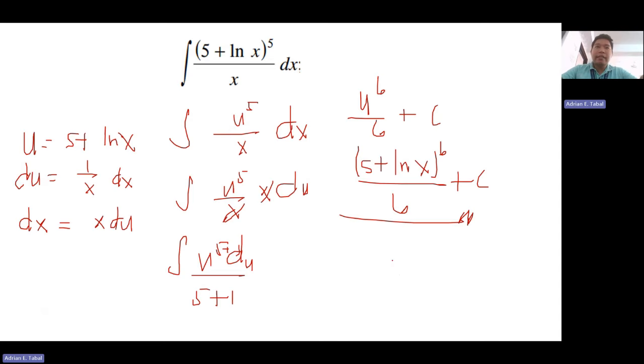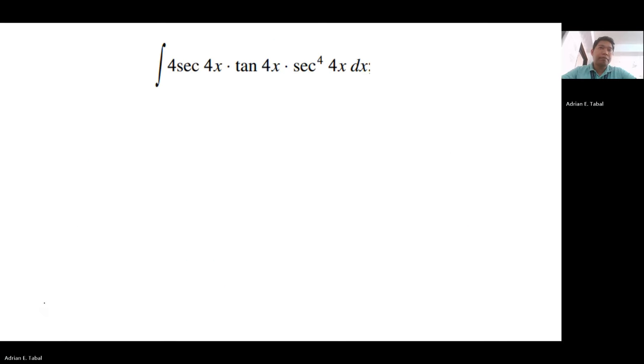Okay, let's have the last number for this question. So 4x times 4x times sec raised to 4x. Okay, so what will be our u